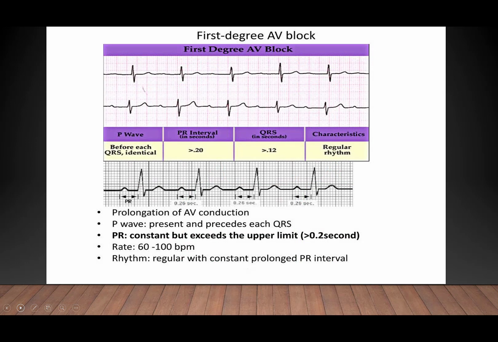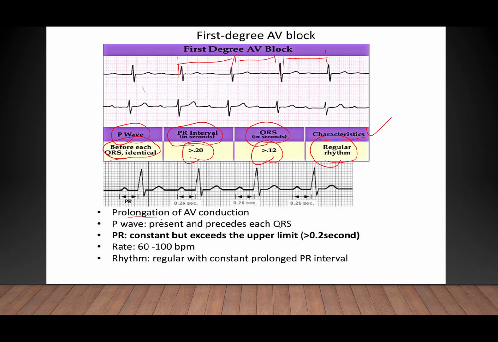Here we have first, second, and third degree AV block, and the second degree is also subdivided into type 1 and type 2 Mobitz, as I discussed in the previous video. P wave before each QRS identical and PR interval more than 0.20 second, and QRS complex also more than 0.12, and characteristic regular rhythm. If you look at this one, this is a regular rhythm, so this is a characteristic of first degree AV